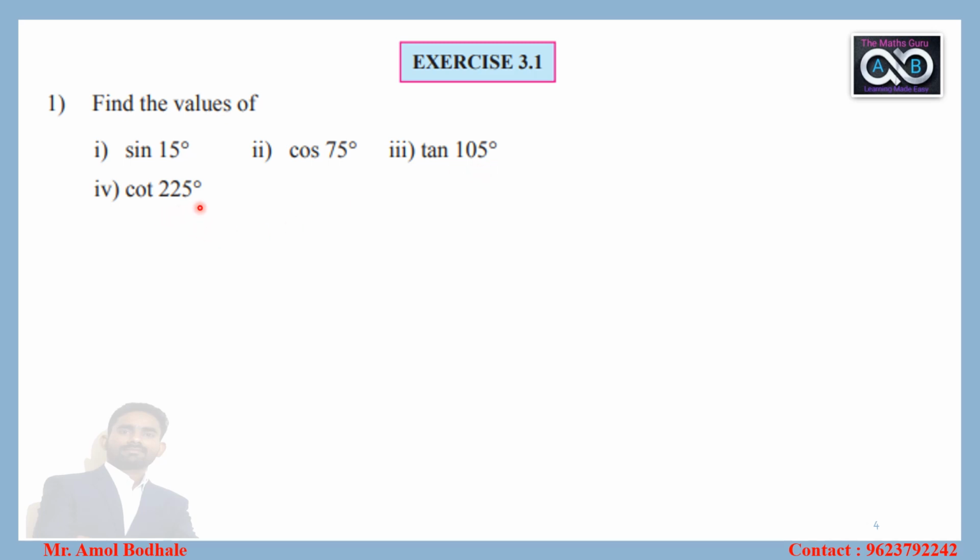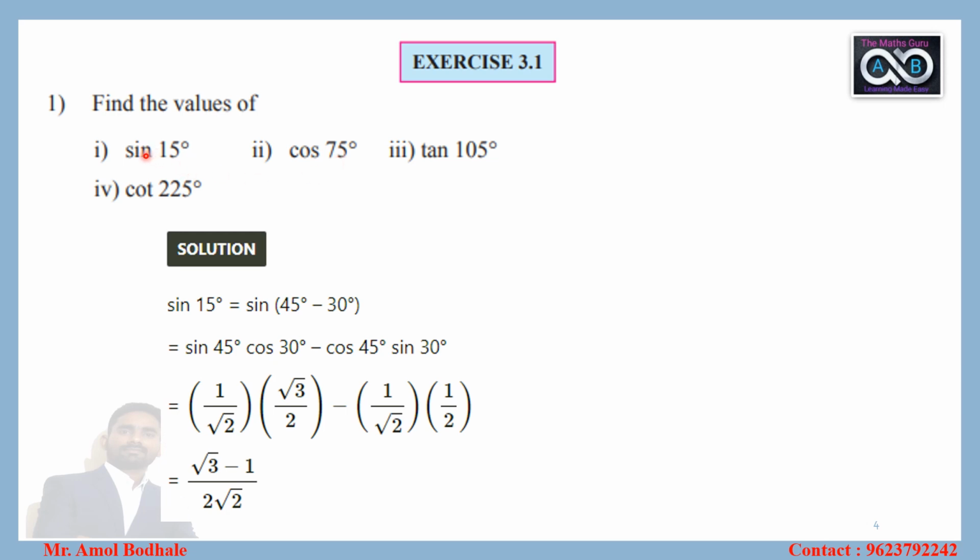As in the previous chapter, we have learned how to find the trigonometric functions for specific angles, which are standard angles like 0 degree, 30 degree, 45 degree, 60 degree, 90 degree, 180 degree and so on. But here the angles given, 15 degree and 75 degree, are not standard. Using the formulas of allied angles, that is 90 minus or 90 plus, or compound angle formulae, we can express these angles in terms of standard angles.